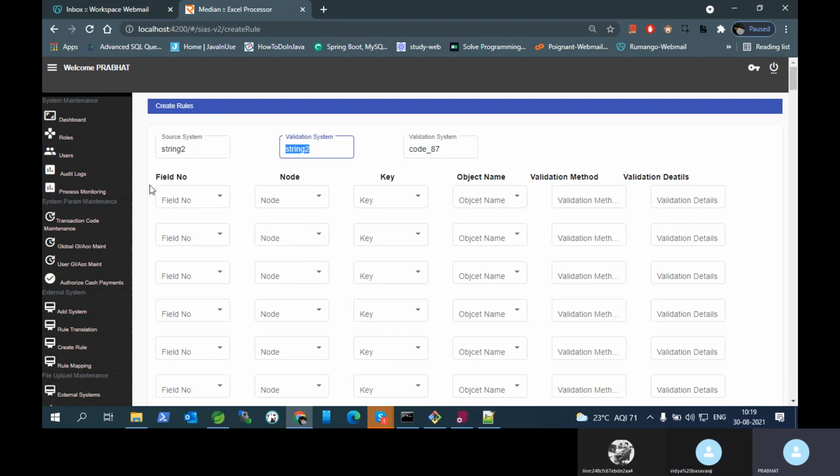So what we are doing here is, the first system, the source system field, is a plain text box. We are not allowing the user to change it. But for the other systems, all the validation systems are drop downs. Only this one will be fixed. Why am I telling you to fix it? Suppose this is the account number, and he has changed all the values, and later he can again change this value, then it will save the wrong value, right? Yes, yes.